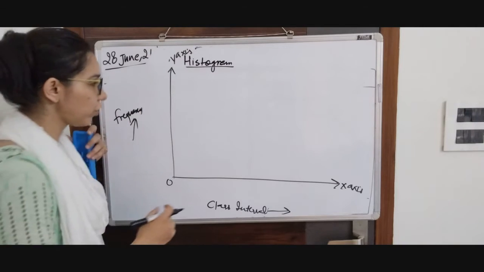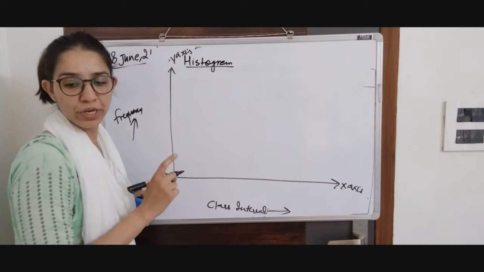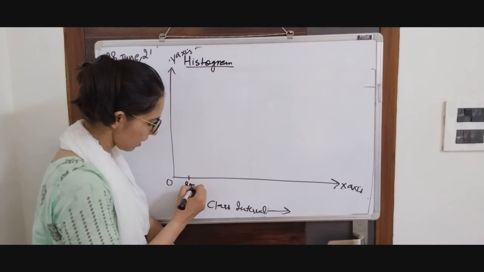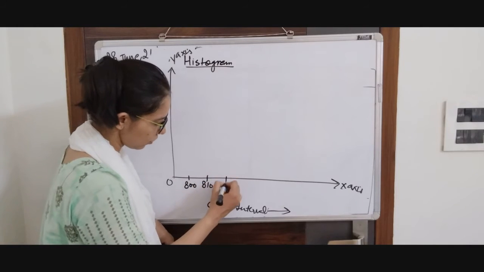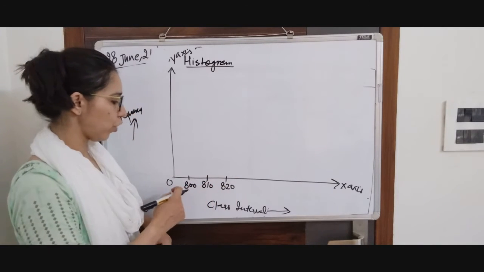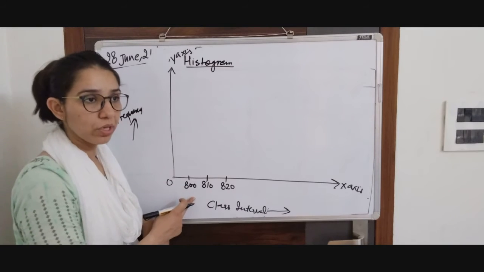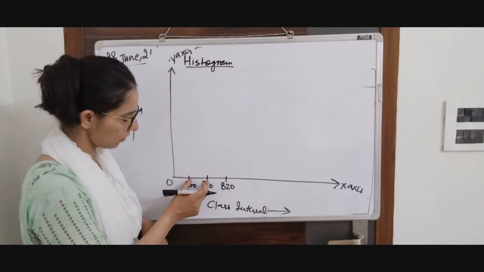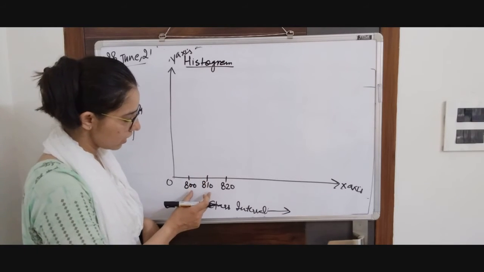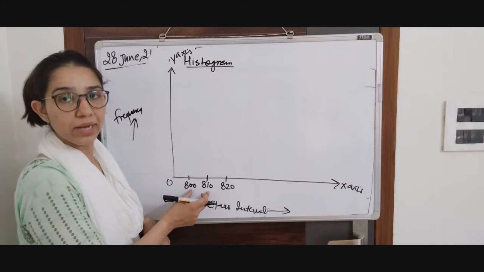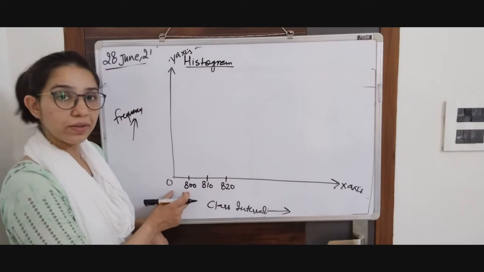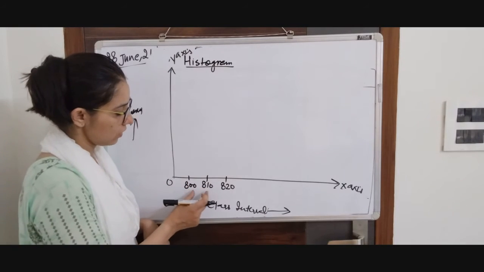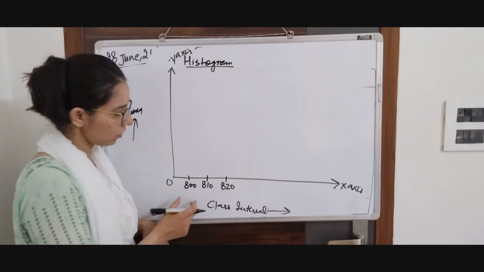Now we have to start the first interval. If you remember, it was 800 to 810. If we write 800 here and 810 here, 820 here, it is going to be a bit confusing. Why? Because in this unit we are representing 10 divisions, and in it this unit is representing 100 numbers. This is representing 10. So this is a bit ambiguous.